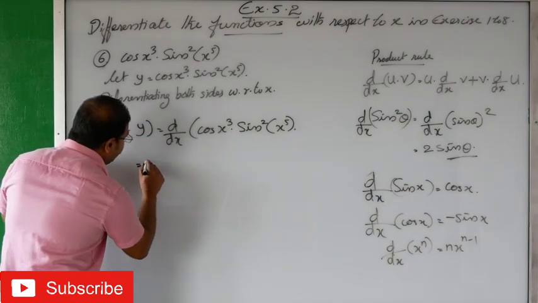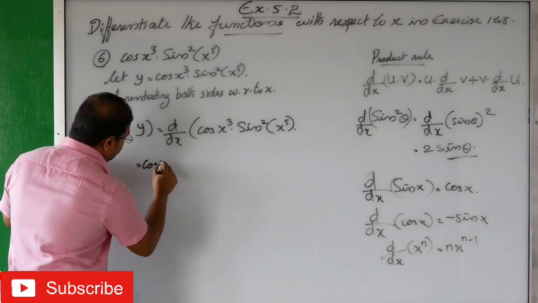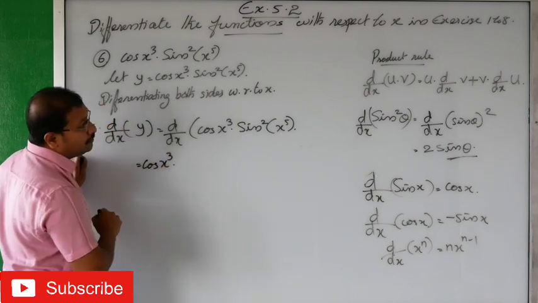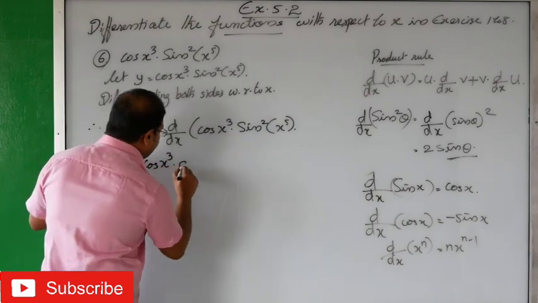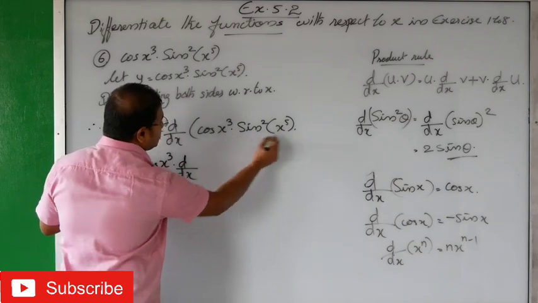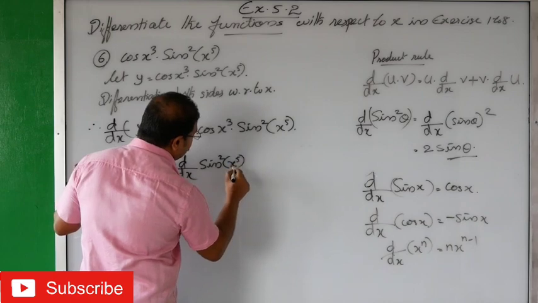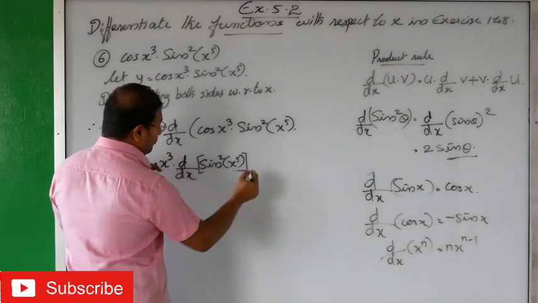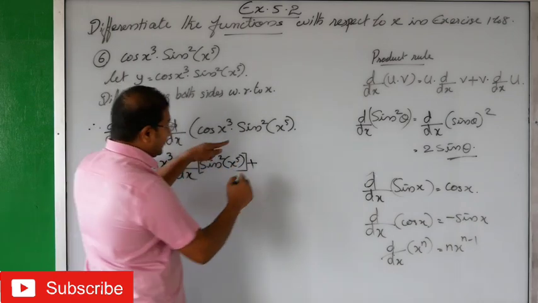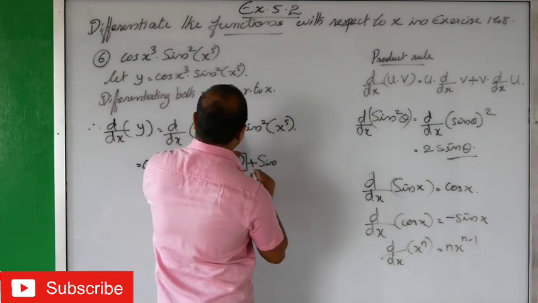That means what you will do? Cos x cube into derivative of the second. That means derivative of second one is what? Sine square into x raised to 5